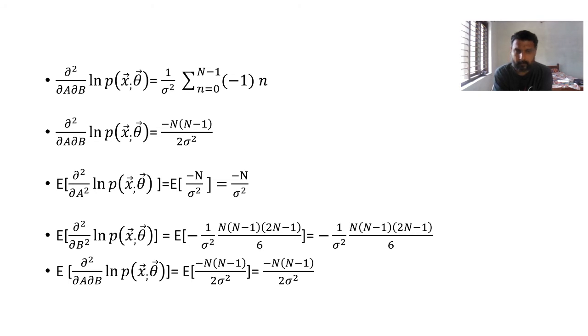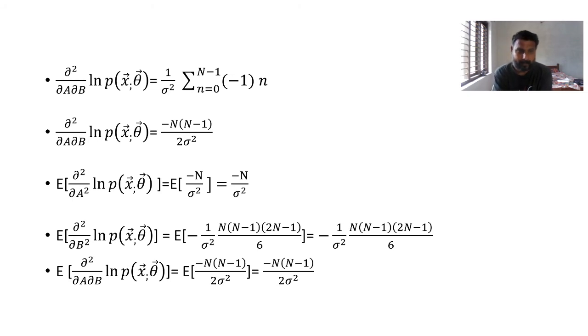Okay, I think now all the expected value expectations have been taken. So all the parameters inside the Fisher information matrix have been taken, because the two terms are the same. That is, the first row second column as well as the second row first column is the same.